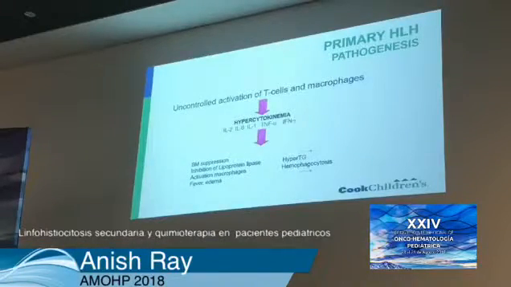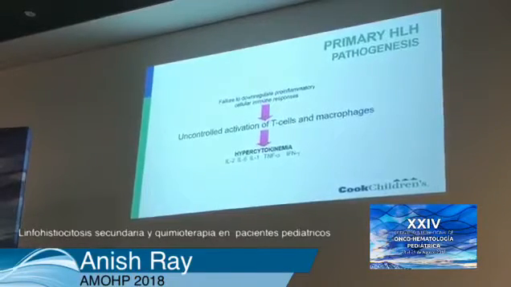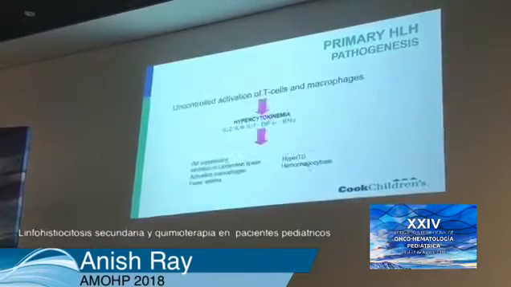So pathogenesis-wise, there are 2 problems in HLH. One is an uncontrolled activation of T lymphocytes and macrophages, and on the other side, you have an inhibition to downregulate the overactivated T lymphocytes. So as a result, there is an abundance of cytokines in peripheral blood, namely excess of IL-2, IL-6, IL-1, TNF-alpha, interferon gamma. With all of these, as you can see, we can see some of the clinical signs and symptoms